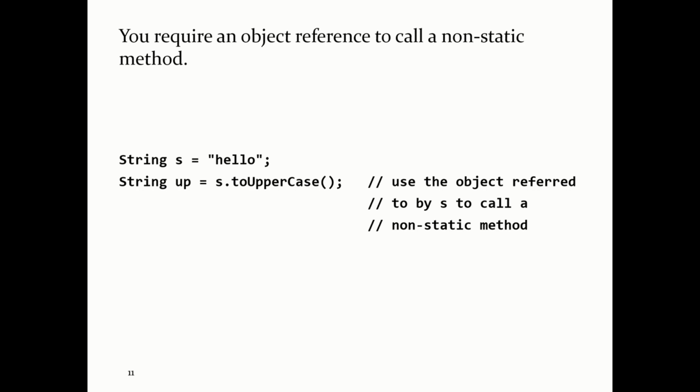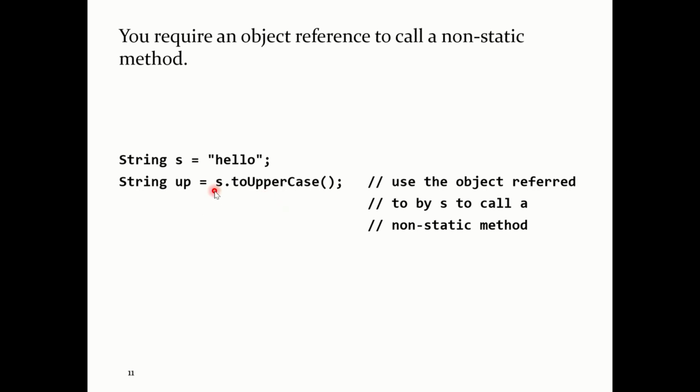Okay, so you require an object reference to call a non-static method. Remember, everything that we've done so far, I've told you all our methods are going to be static. So toUpperCase and toLowerCase are the first instances where you've seen what's called a non-static method, or just a method. Normally when people say method in Java, they mean non-static method. So if you have a regular method in Java, you need an object reference to call the method. Here, to call toUpperCase, I need some variable that stores a reference to a string